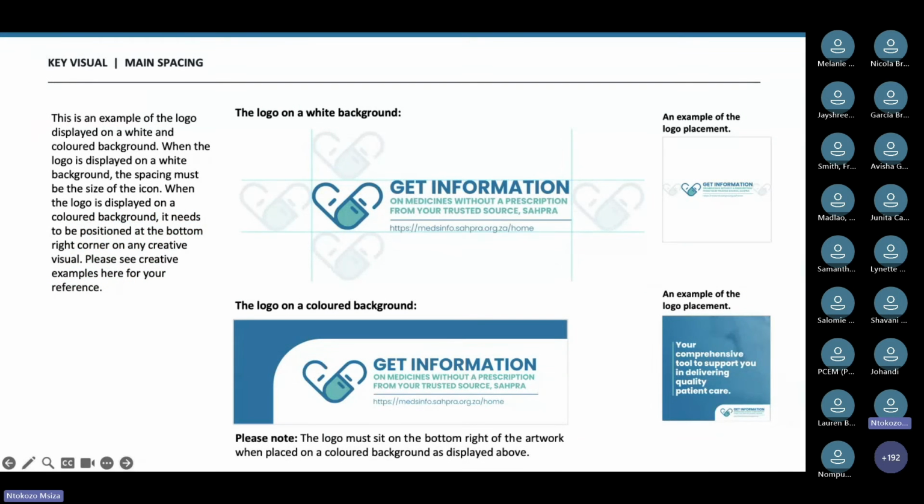Okay, this is an example of the logo displayed on a white background, and on a colored background. Yes, this is another variation of how we can use the logo. If you look at the bottom right corner, it looks as if it's a social media post, and this is how we request the logo to be used. So if you look at the bottom right corner of the artwork itself, it has the get information